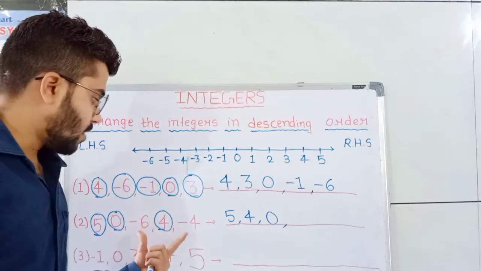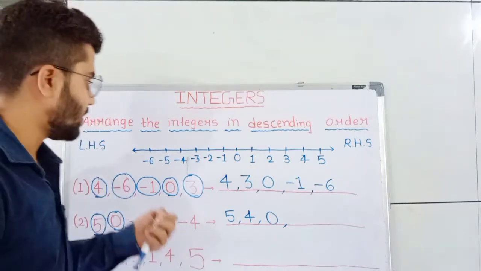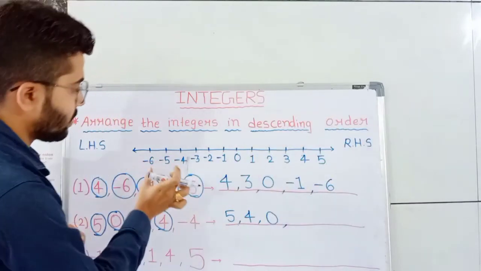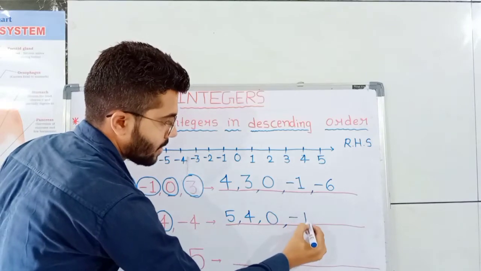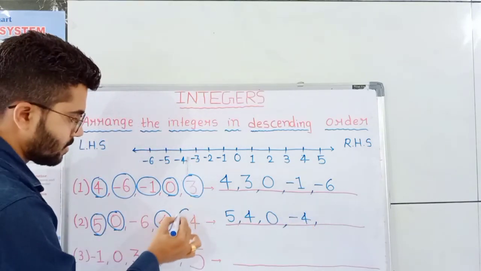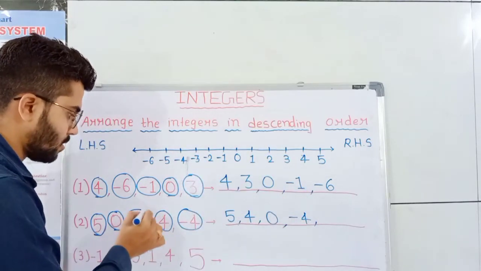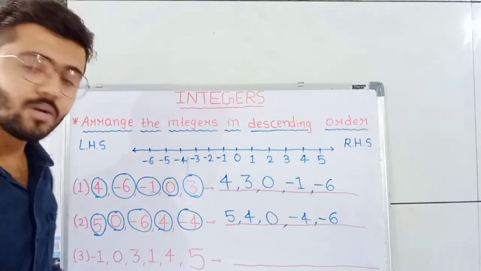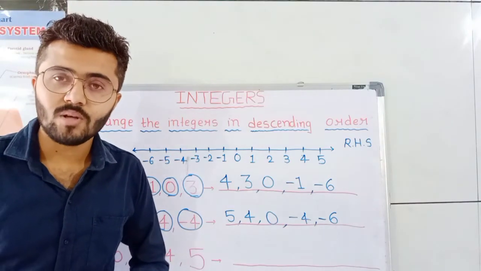Now next. Now we have negative integers here. One is -6 and the other is -4. So let us take the help of the number line again. -6 and -4. Out of these two, which is on the right hand side? That is -4. So -4 is greater, greater than what? Than -6. So first -4 will come, then the smaller number -6 will come. Write -6 here. Now the third question. I hope you will be able to solve it by yourself. You can pause the video, solve it by yourself and answer me in the comment box.